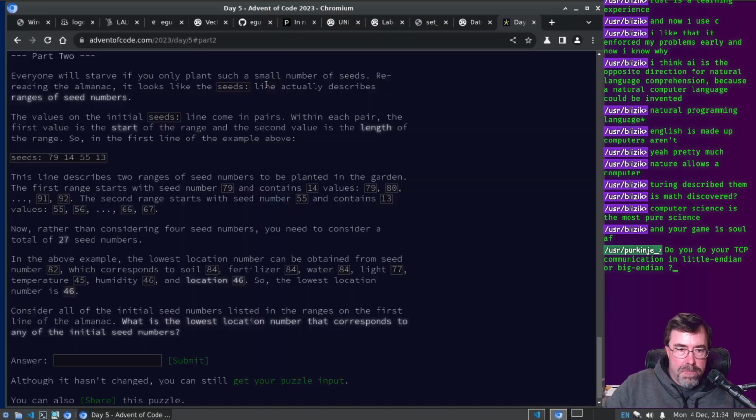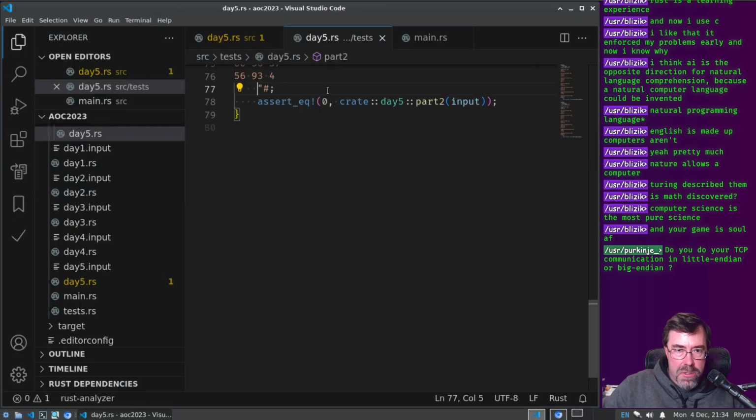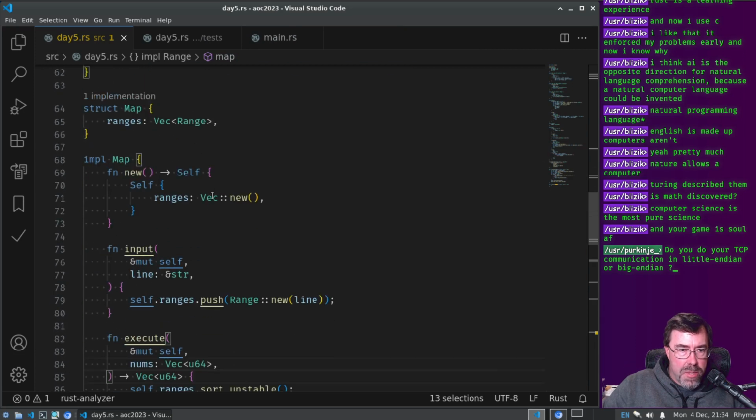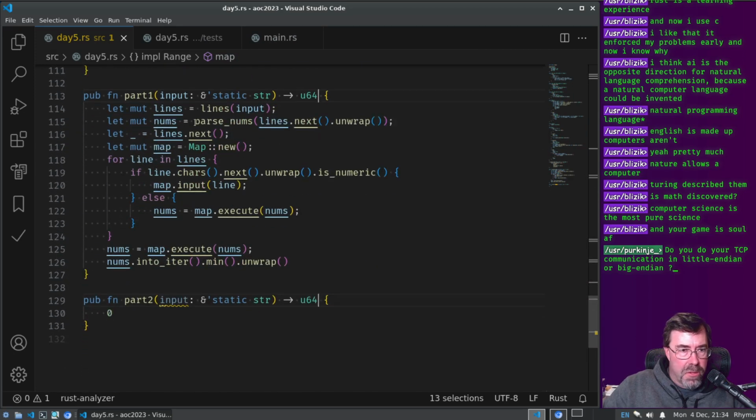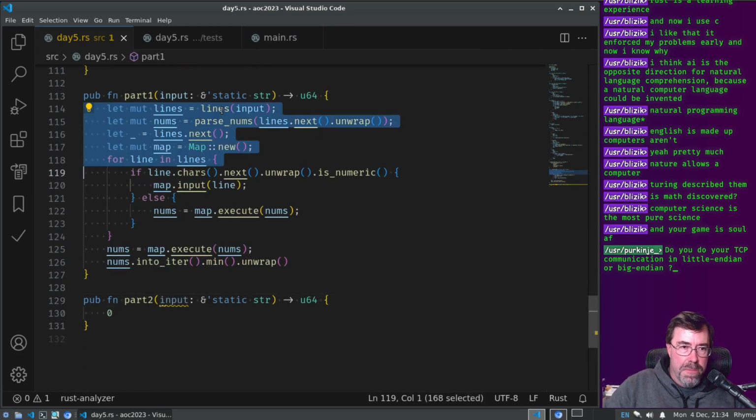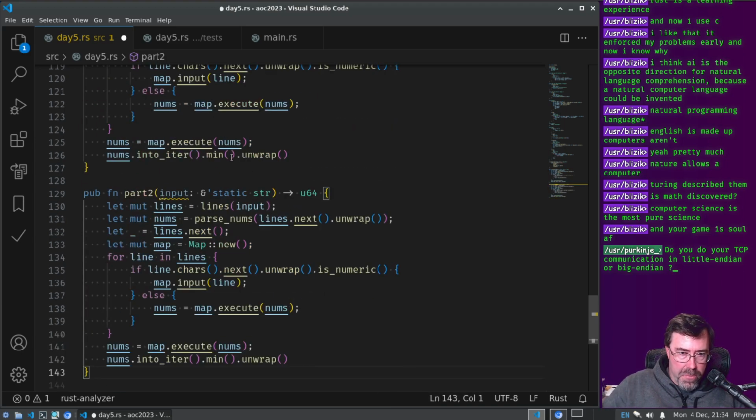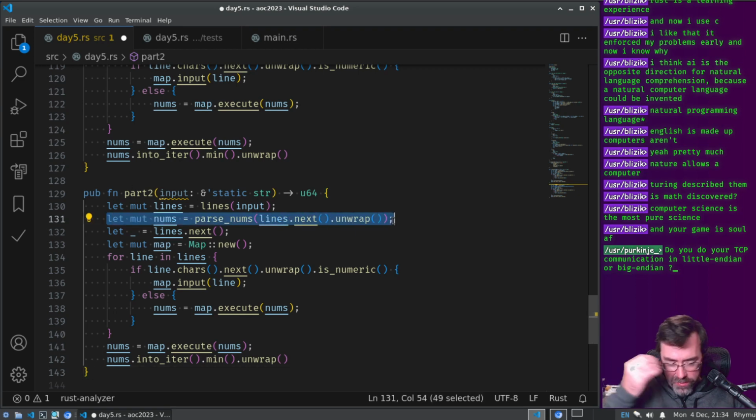But yeah, so it should be 46. Let's see what happens if I brute force it. Usually what happens when you try to brute force it is it dies a horrible death. So really I just need to take these nums and run it through a transformation, right? Where I expand them.